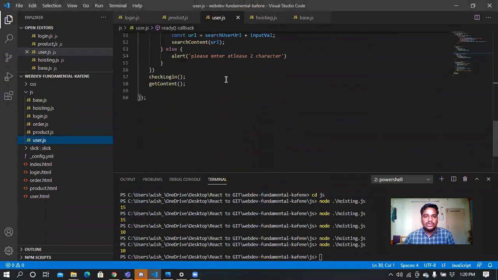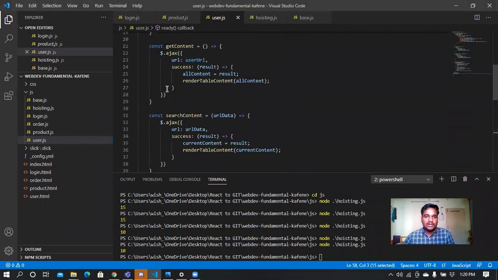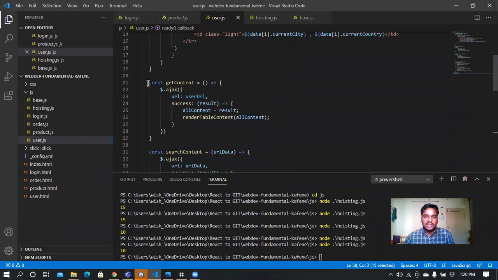The same thing goes. First, it will check the login function as to whether the user is already logged in or not. Then it will go to the get content function. In the get content function, there is just one change. We are not calling the other two functions as compared to order or product JS. Since there is no filter check in here, we are directly parsing the variables and accordingly fetching the data. So after a successful result, we call the render table data function.